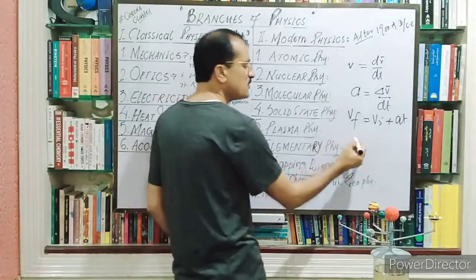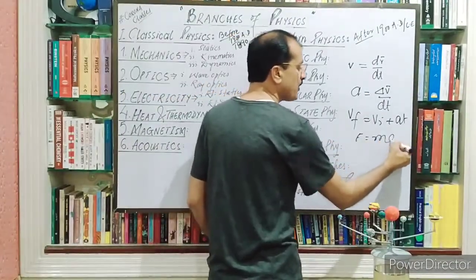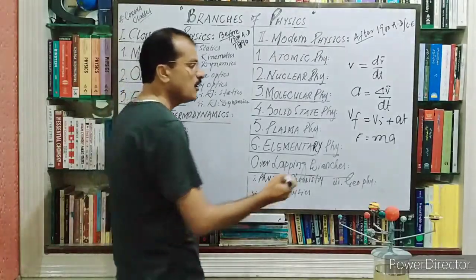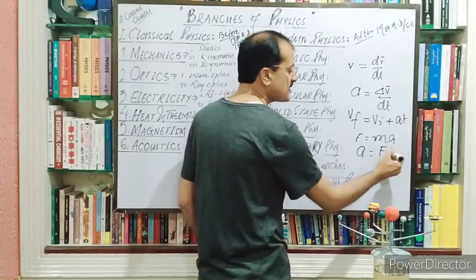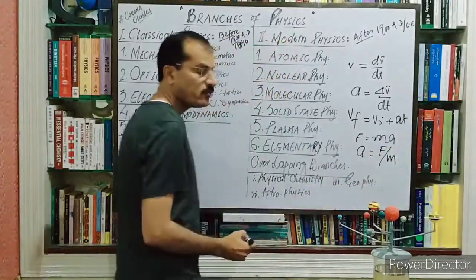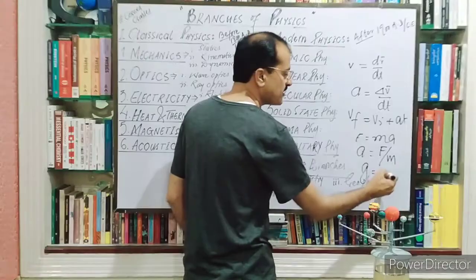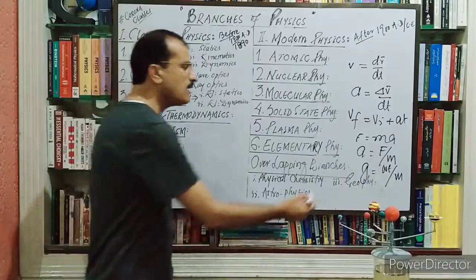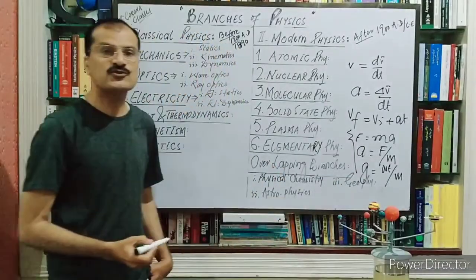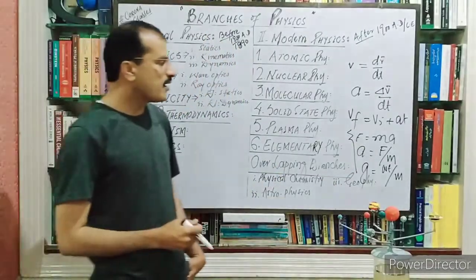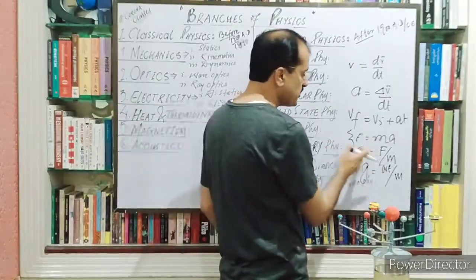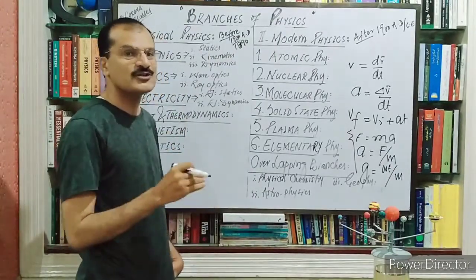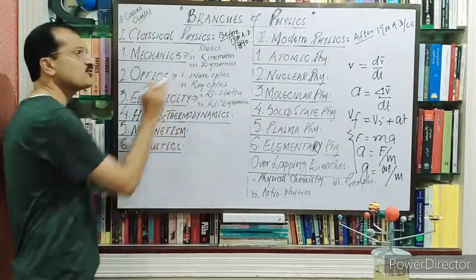So whenever we say Newton's second law, quantitatively written as this, force is the product of mass and acceleration. We can say acceleration is also defined as the ratio of force to the mass. We can say acceleration due to gravity is defined as the weight of the body to the mass of the body. So all these topics will be related to the dynamics, because in all these topics we study about the motion but under the consideration of the force. So all Newton's laws of motion are related to the dynamics.